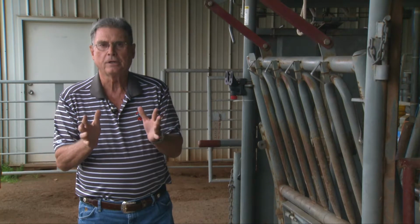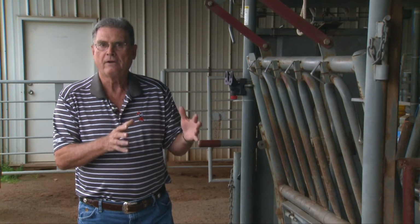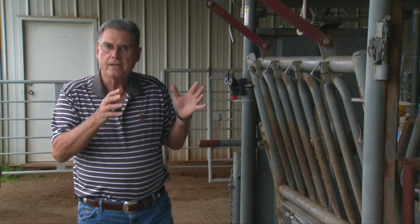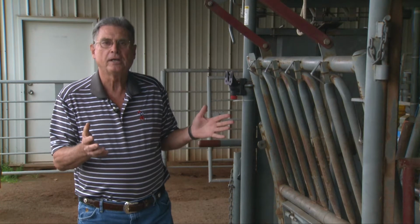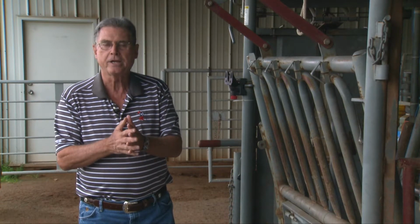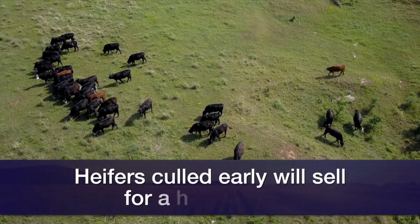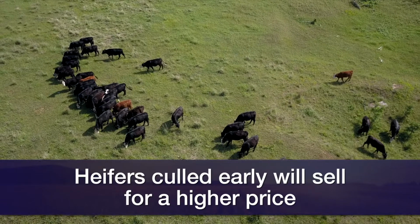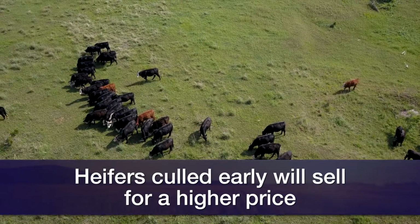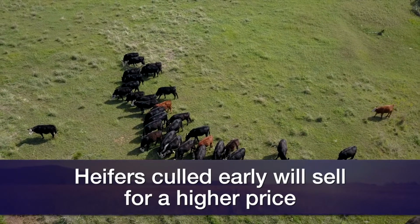the fact that she's an open cow next spring and not going to have a calf to help pay for some of those costs. Then the clinching point on this particular discussion for me is the change in value of those heifers between now, when they're still fairly young, something that's going to be, say, 16, 17 months of age when we do the pregnancy checking on them. That heifer can be culled, marketed for a really good price per pound because she's still young enough to go into the feedlot, be fed out as choice beef, and the buyers will recognize that and purchase her at a